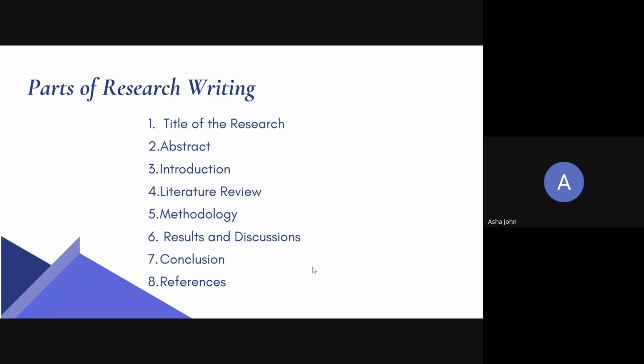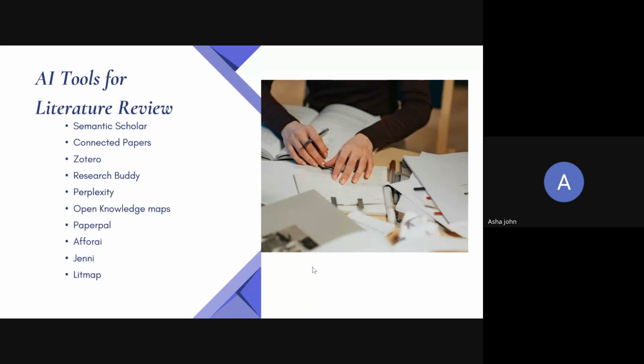Now, where should you start? You should not first start by formulating a title and then writing everything. No. You should have an idea of what you are going to write, but first you should start on the literature review. That's the most recommended way. So you know what you need to write about, carbon footprint or whatever you want to write. First, you will need to understand what is available in the literature, what other people have already researched and written. You need to read that. That's what is meant by literature review.